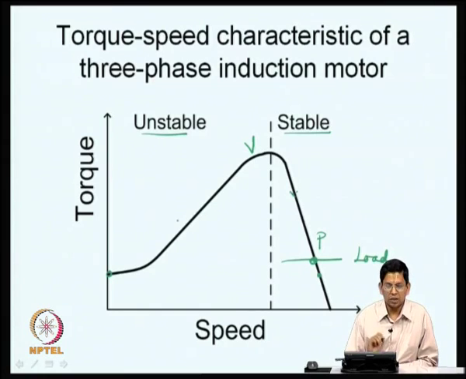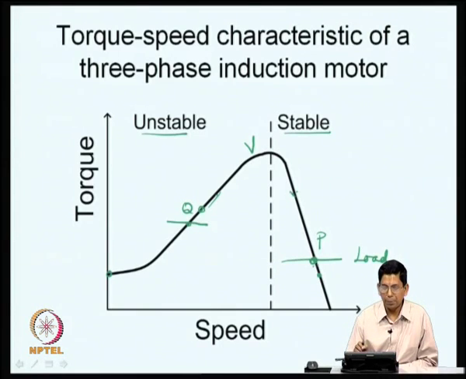Now, why is this side called unstable? The same way, if you have a load torque characteristic like here, and now let us consider a point Q. From Q, if the motor somehow shifts and goes to this operating point, what has happened now? The torque has increased, the speed is already a little higher and the torque is higher. So, the torque produced by the motor is higher than the torque demanded by the load, and therefore, it goes on accelerating. Therefore, it will move away from this particular operating point.